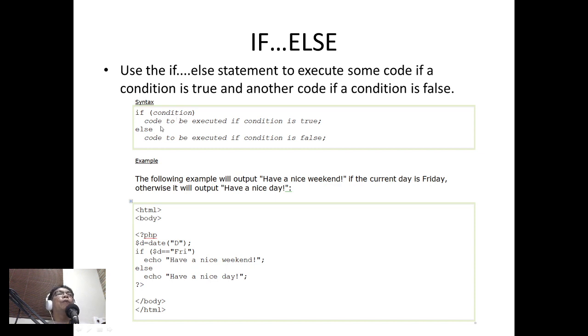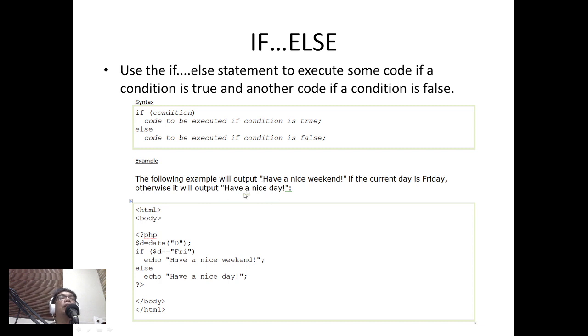And then here we have the code to be executed if condition is true. Else, then we have the code to be executed if condition is false. So for example, the following example will output "Have a nice weekend!" if the current day is Friday. Otherwise, it will output "Have a nice day!" So similar to what we had a while ago, but this time around, it will do something also if the